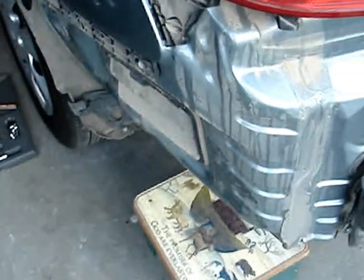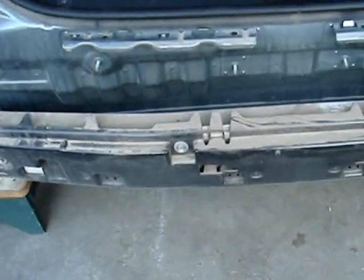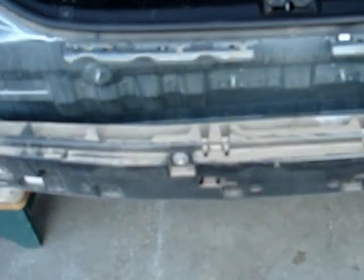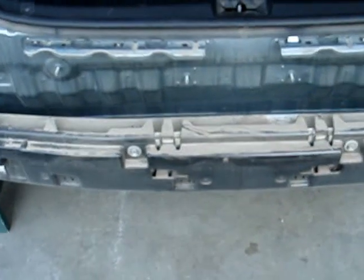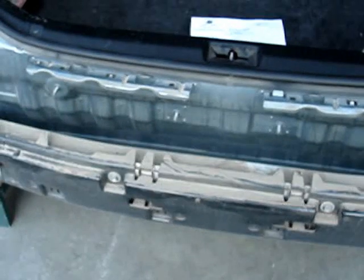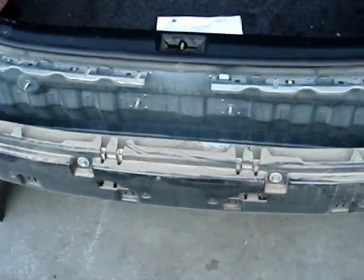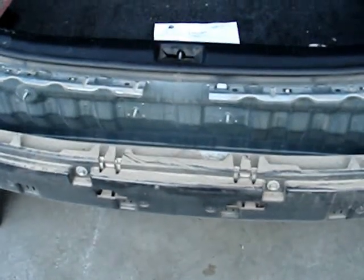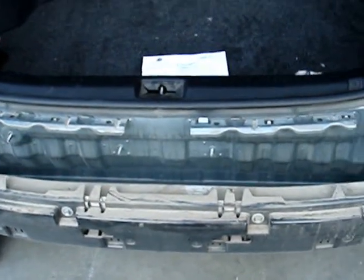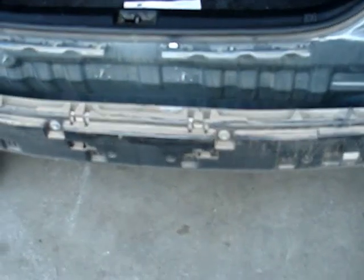There's two clips underneath the bumper in the center, and what you do is you pop out the center portion of the clip with a screwdriver, and then the clip will pull out. Don't try to pull the clip out without releasing or pulling down that little plug in the center. So there's two of those, two plugs in the middle,